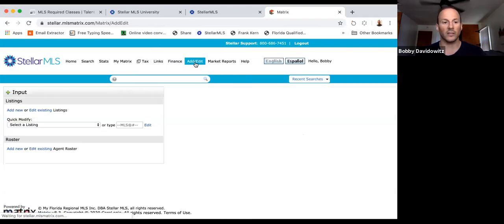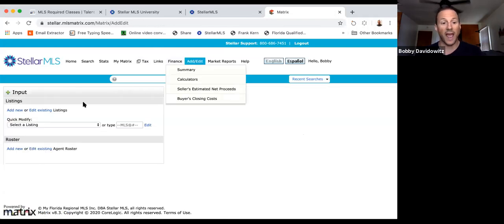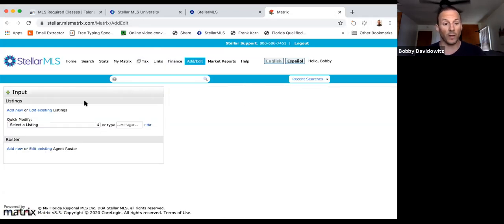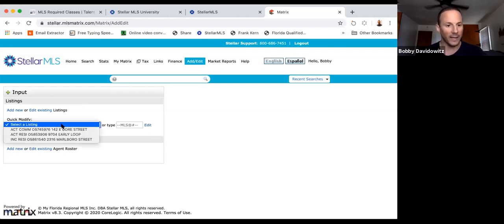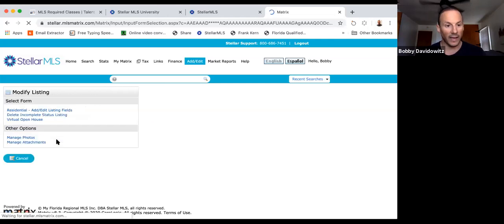But I wanted to show you this. So let's go back to this so you can see, now that I have the listing in there and I want to modify it, I can go back in and there's my incomplete listing right here on 2316 Marlboro Street. I click on that again and it gives me the opportunity to either edit the rest of the information. I can delete the incomplete status listing, which I'm about to do because this was just an example. And you'll see that it actually lets you schedule a virtual